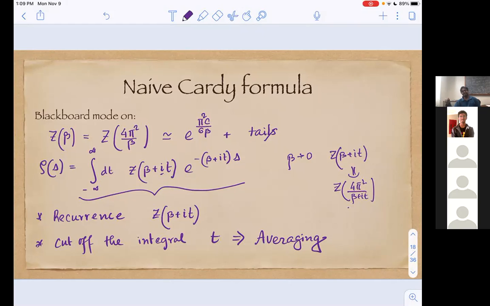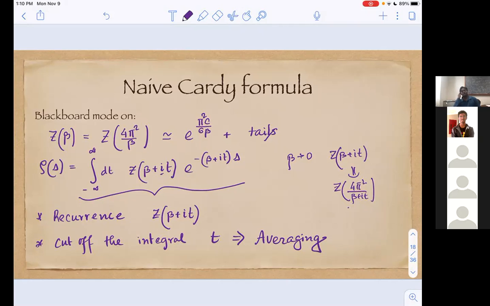Yeah, I guess so. The point is, even when you say infinite volume, basically you are looking at the beta over L going to 0 limit, right? So if the spectrum of the Hamiltonian is completely discrete, it's all point spectrum, then of course it's going to have recurrences. But the spectrum of the Hamiltonian has continuous pieces as well.